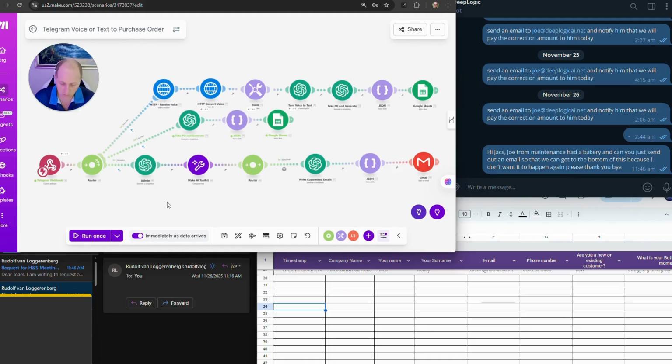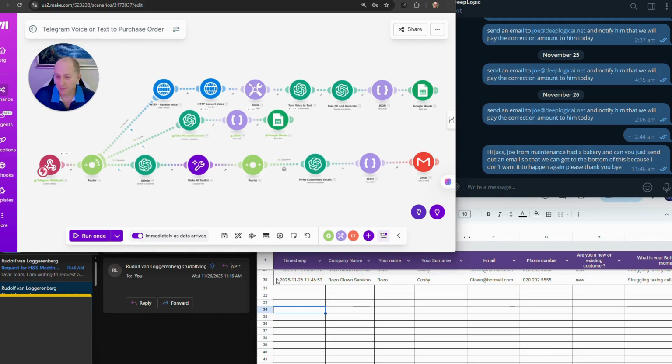So I've just saved some time, and so this is when a customer has texted you. So that's going to be Bozo from Bozo the Clown Services, and the automation will run. And there you go, there's your new entry. And then the second one,